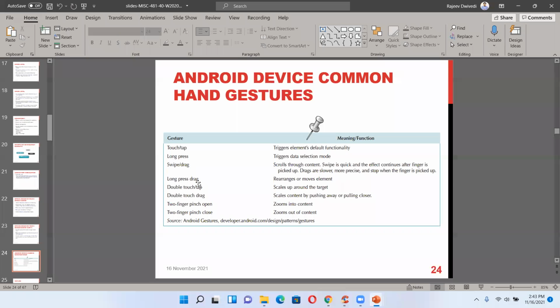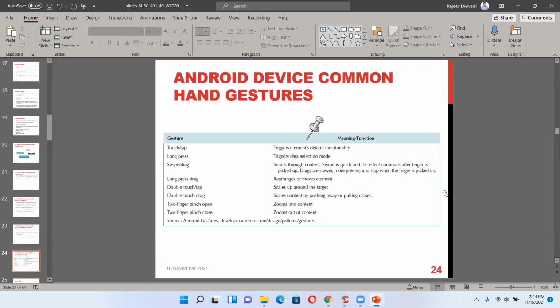Long press and drag rearranges or moves an element. Double touch tap scales up around the target. Double touch and drag scales content by pushing away or pulling closer. Two-finger pinch open zooms into content, and two-finger pinch close zooms out of the content.